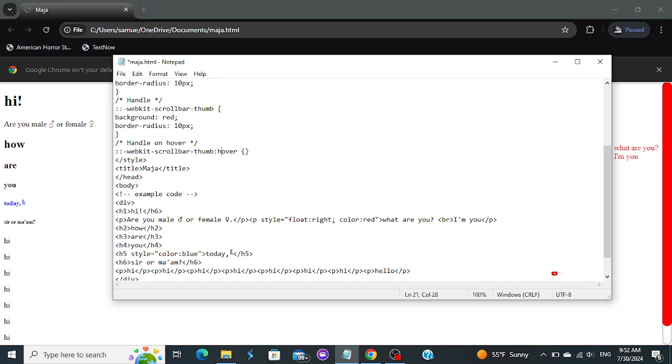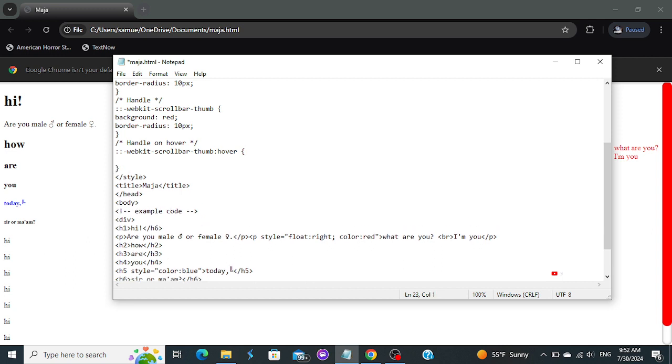Now see how I did a colon right here. That's because this is the same as this, but instead of just being that, I'm putting it specifically for when it's on hover. Property. And we're going to do the background with a hex code of